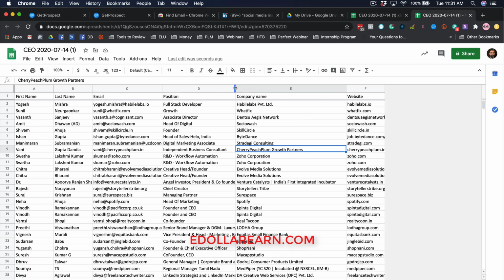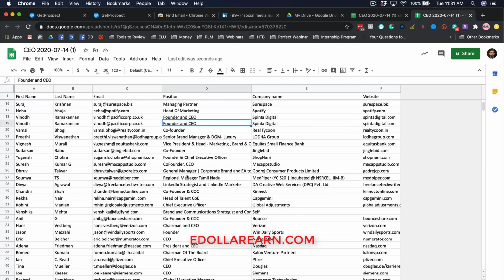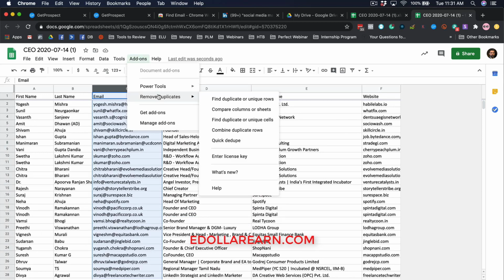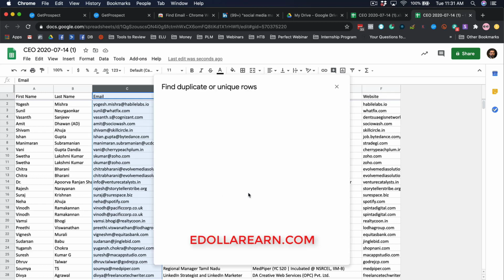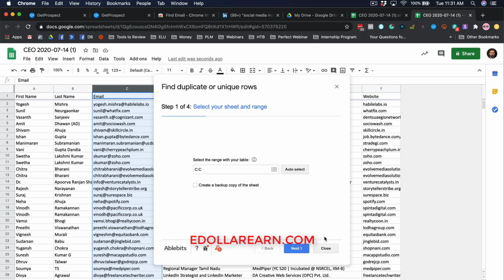So now you have workflow automation engineer, you have creative head or founder, and sometimes you can see there are emails which are repeated. And I will see if I can remove the duplicates. So I have a remove duplicate add-on. Find duplicate or unique rows, and this add-on will remove the duplicate email IDs. So sometimes this might happen. There is a free version of this which will help you do one duplicate finding job per day. So I will click next here,